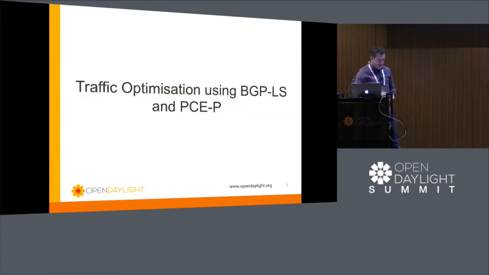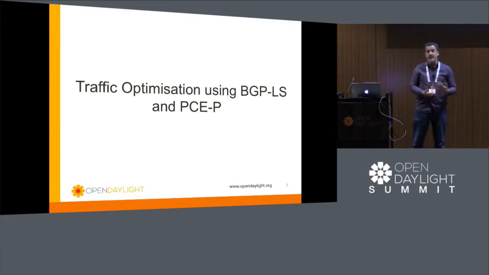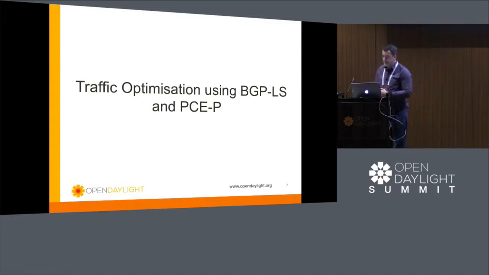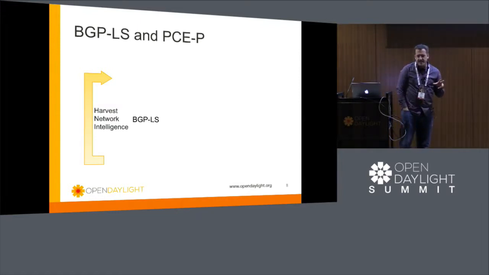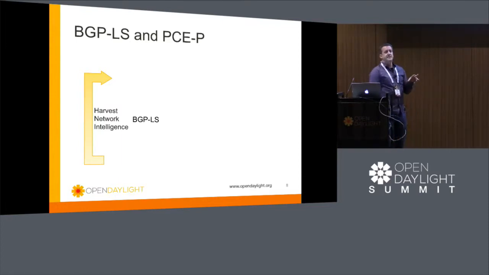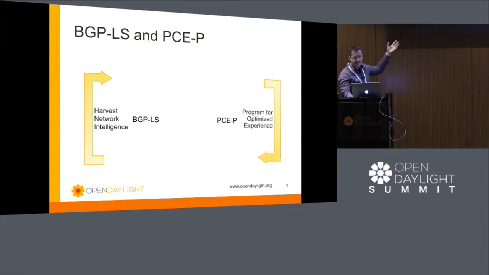So this first use case, traffic optimization. So looking at BGPLS and PCEP, and as I say, this was really where we came from in OpenDaylight with BGP. So this is an absolutely generic model that I tend to follow for almost any SDN application. And that's to say that really the value comes when you have more than one southbound plugin you're using, and where you're typically using one southbound plugin to learn stuff about the network